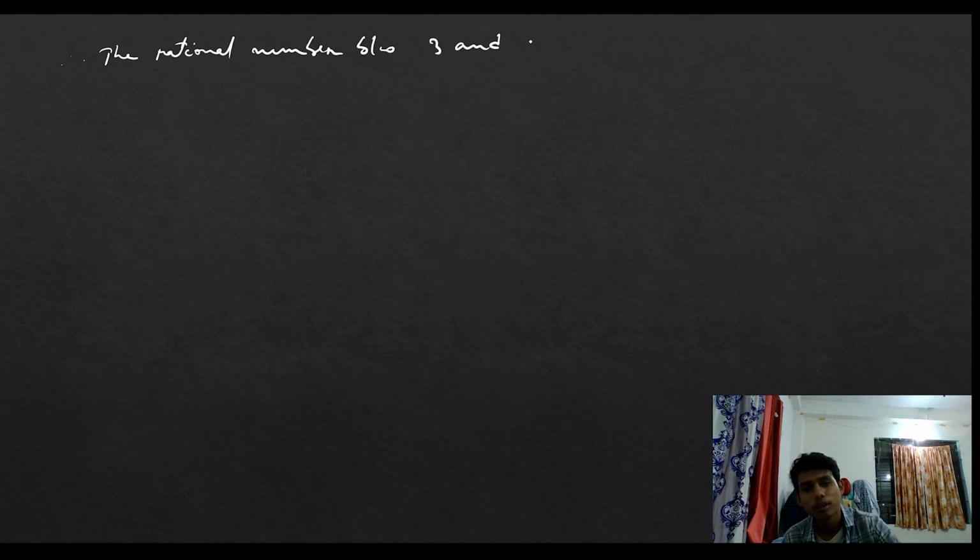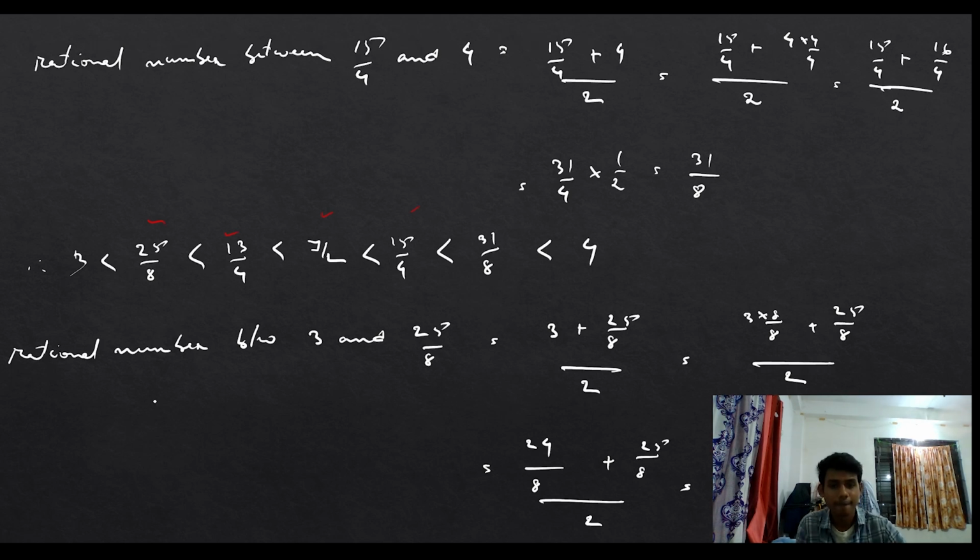Therefore, the rational numbers between 3 and 4 are 25 by 8,